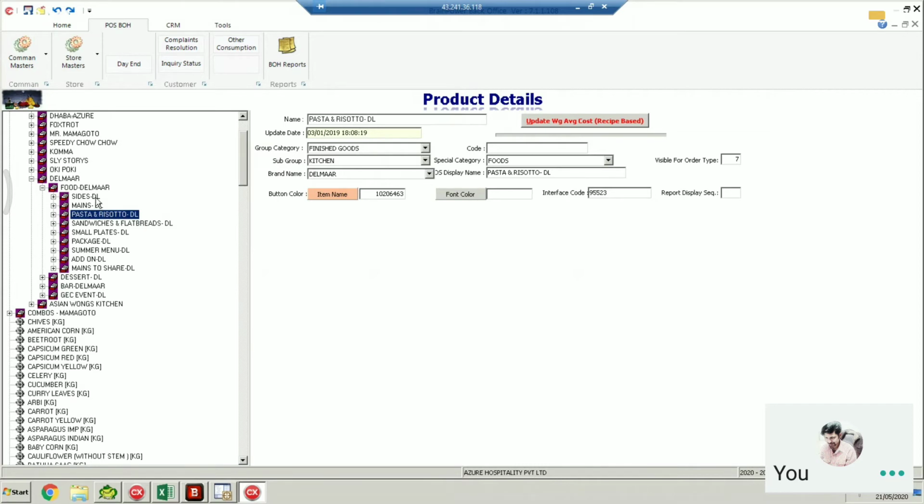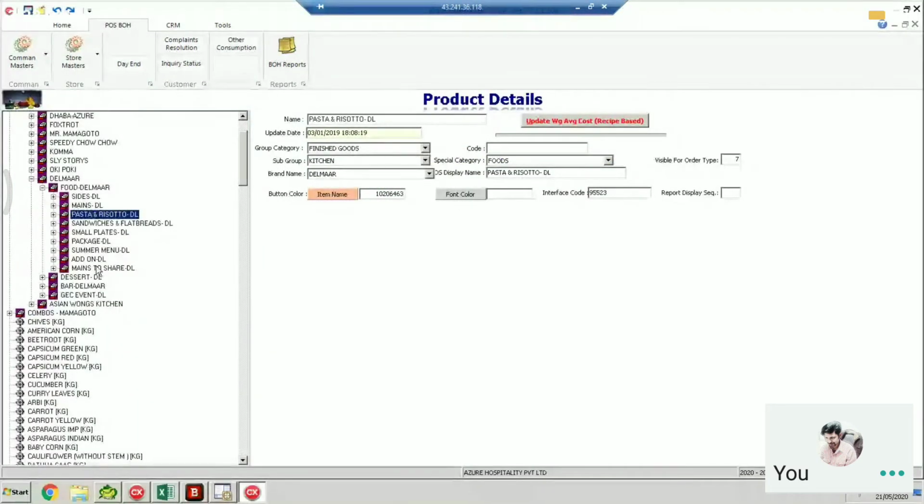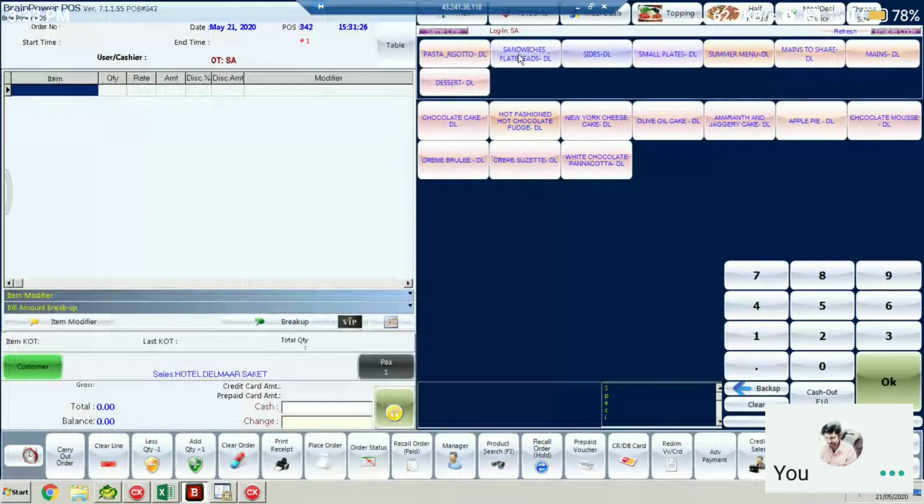If I do the mapping of Food Delmar, then I get an option of Food Delmar, and under it there will be options of sides, mains, pastas, sandwiches, like that. If I do the keypad mapping of sides directly, then sides, mains, pastas will be displayed directly. Here in the POS, you can see that in the tree all these options are mapped under Food Delmar, but in the POS it is not under Food Delmar. It is displayed as a main category only.